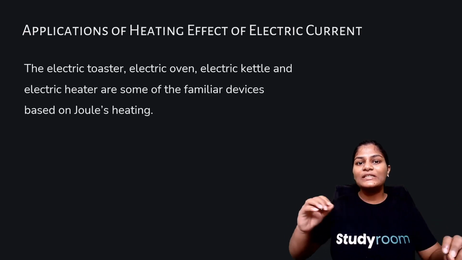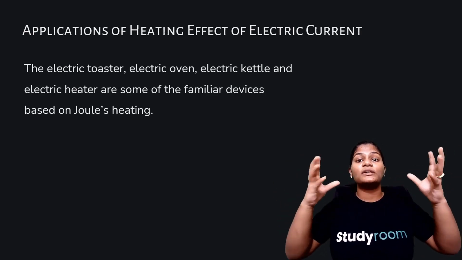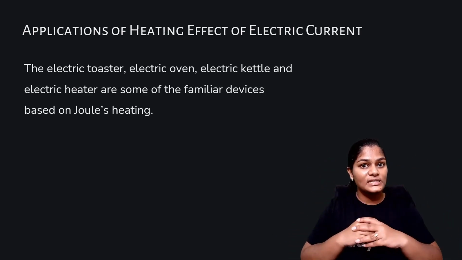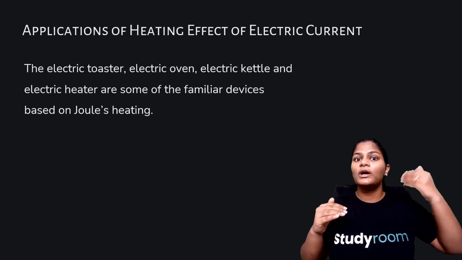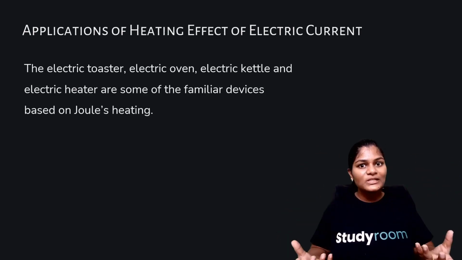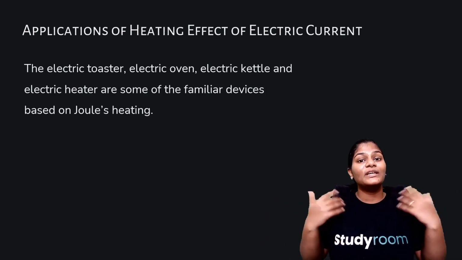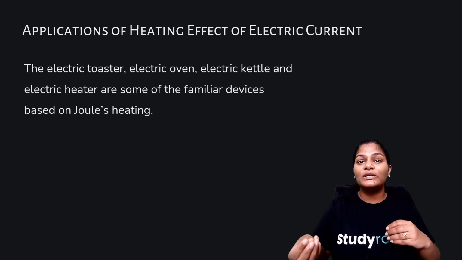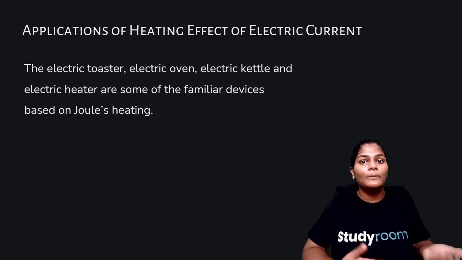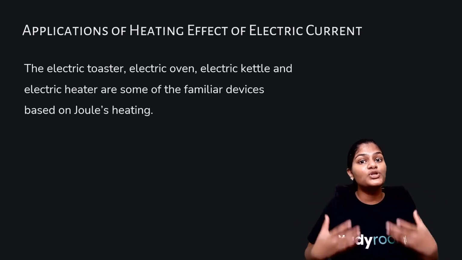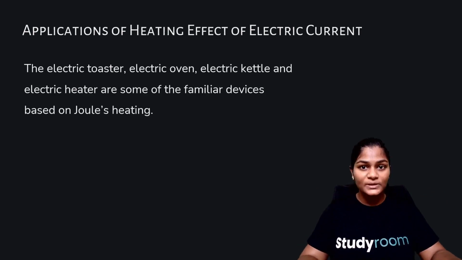Now, do you remember we said that we prefer to connect resistors in parallel because the resistance of the whole circuit decreases, right? So if the resistance decreases and you connect it with Joule's law of heating, resistance decreases, so heat decreases. So in normal circuits, we actually don't want that much heat to be produced, because if the heat is more and we have used materials which are very sensitive to heat, they might actually get permanently damaged and it would cause us a huge loss. So in many practical purposes, we do not want heating to happen in our circuits.